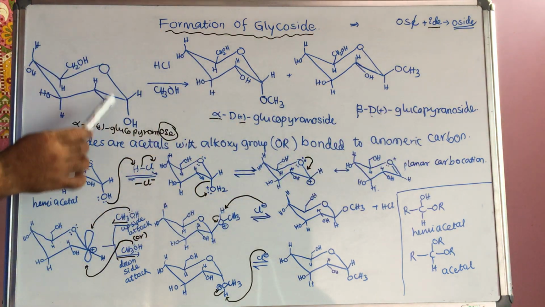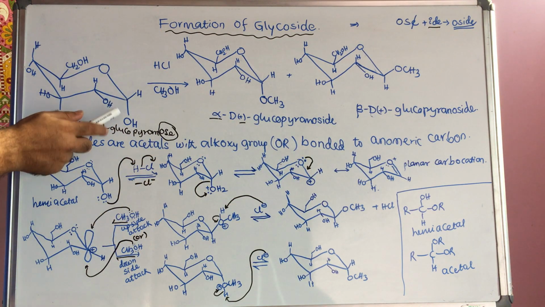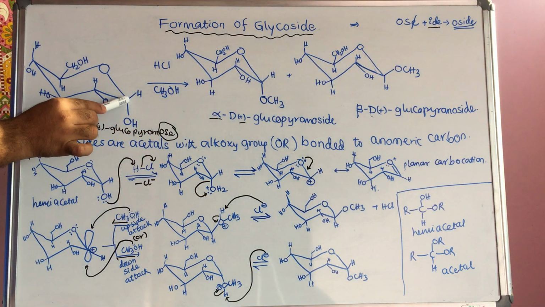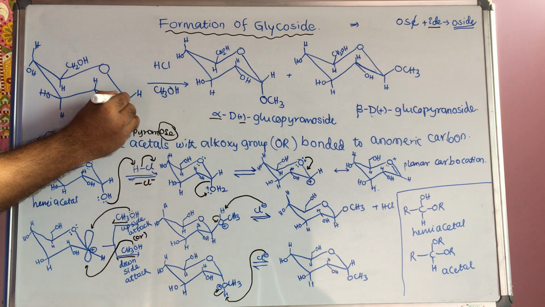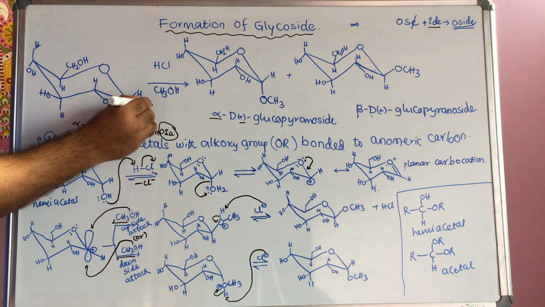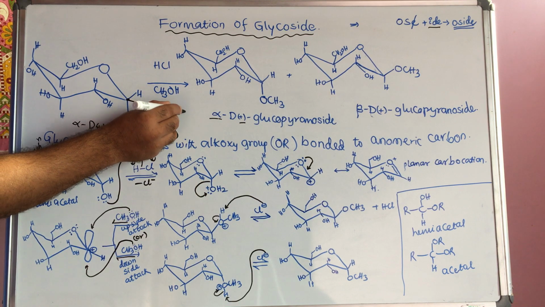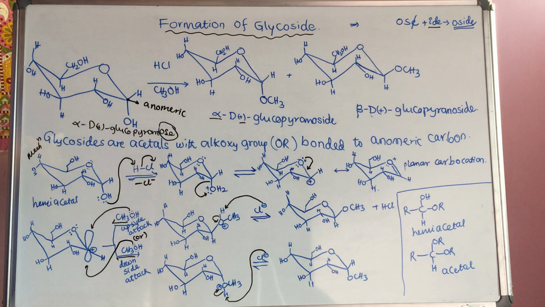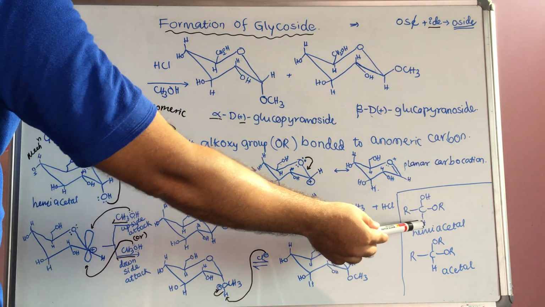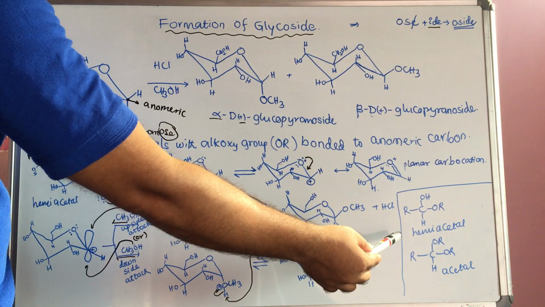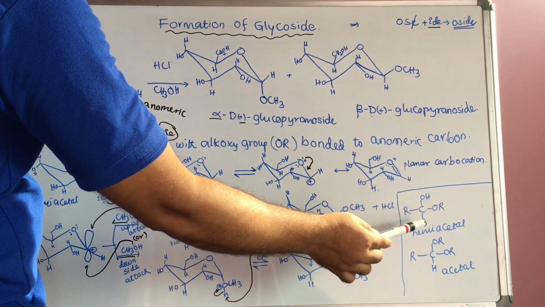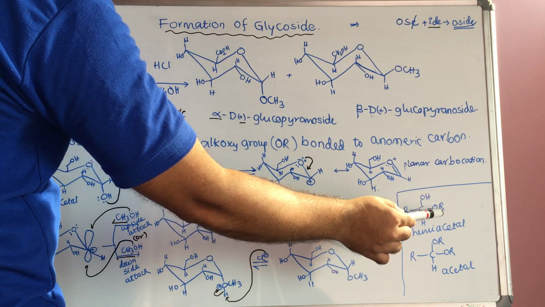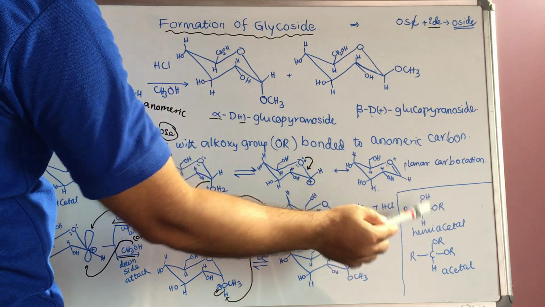In this whole structure, only at the hemiacetal carbon does the change occur; the remaining properties stay as they are. You can just observe here: only the hemiacetal, or anomeric carbon, changes. What is the hemiacetal structure? I have given in general organic chemistry what a hemiacetal is. A carbon bonded to one hydroxy group and another ether group is called a hemiacetal.